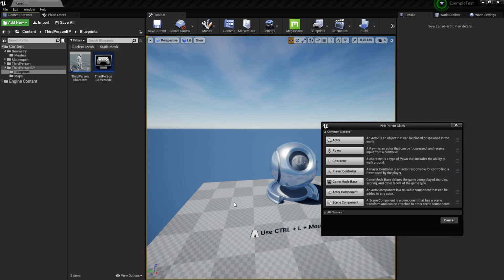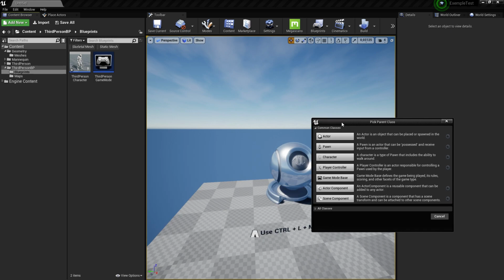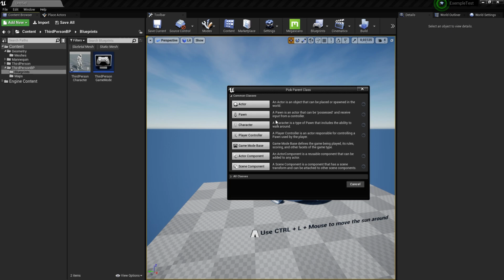I'm going to create an actor. I'll talk about the other ones later. Character is basically what I have here, my third-person character. It has the ability to walk, look around, jump, and do stuff.